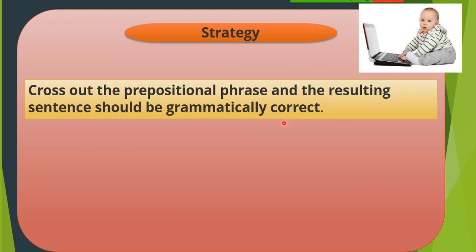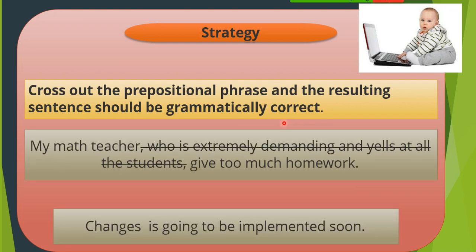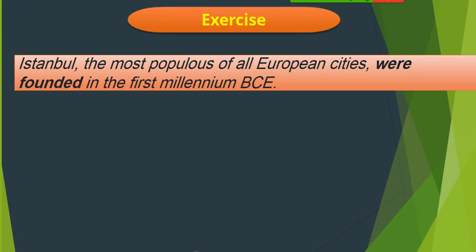No, I'm not. Okay. So the same strategy that we have followed with the relative clauses and the appositive phrase is the same strategy with the prepositional phrase, which is what? All the time, cross out the prepositional phrase out of the sentence, and the resulting sentence should be grammatically correct. And that's what we have done here. After erasing it, this is what is left, and this is the wrong part. We correct it by changing the verb to plural. So now